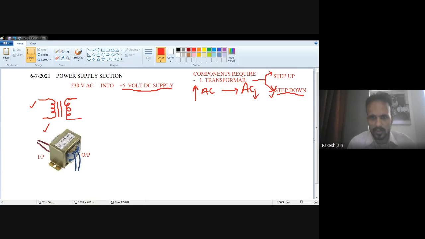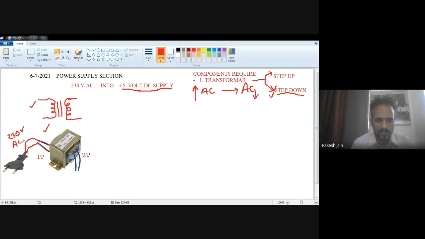When you purchase it from the market, the 2-pin cable looks like this one, a 2-wire cable. So we have to connect the input side with these two wires of the 2-pin cable. There are 2 wires available at the 2-pin cable. One wire is connected with one input terminal of the transformer, and one is connected at the second input of the transformer, so that the input will come to this transformer, that is 230 AC.